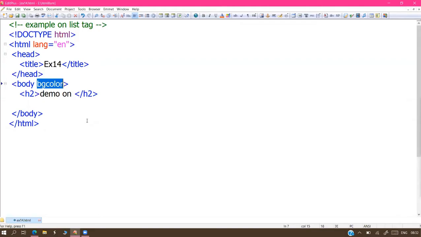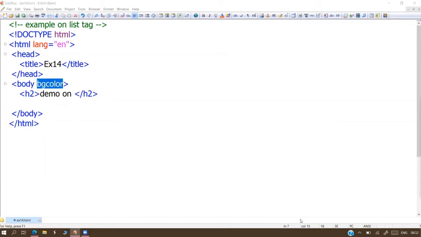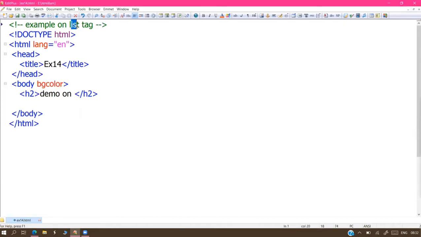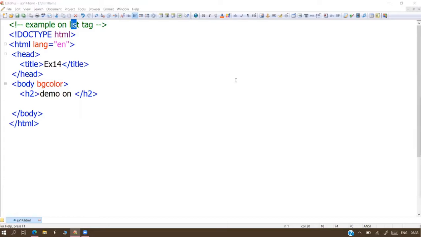I think all of you know some MS Word. In MS Word, we have the bulleting option and numbering option. Remember? Those bulleting and numbering options are our current list tags. What they are doing in MS Word is displaying the information points wise.